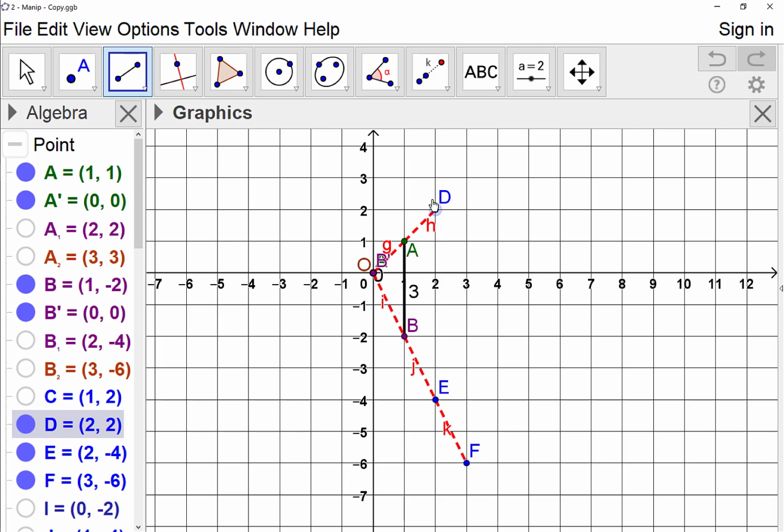How would I get to the third point from here? Up 1, over 1. Yeah, because they're going to have different slopes. This one was up 1, over 1. So that's 1 time. Up 1, over 1, that's 2 times. Up 1, over 1, that's 3 times. So when we connect these,